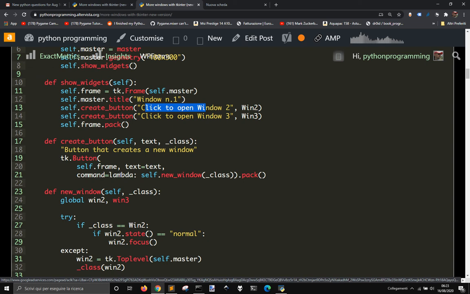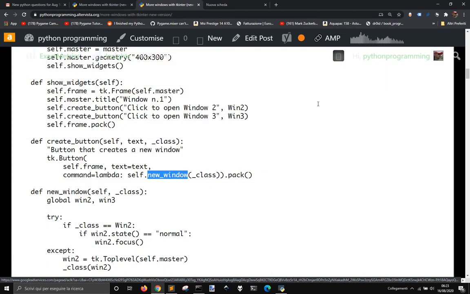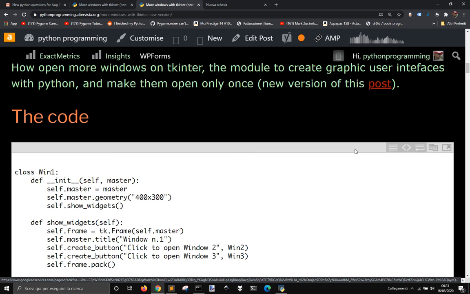then with the command, that is what this button does, that is made with this function here, where I pass the class win2. So this is the button to open win2, and so I create this button to open this second window by passing this class to this function here. Okay,